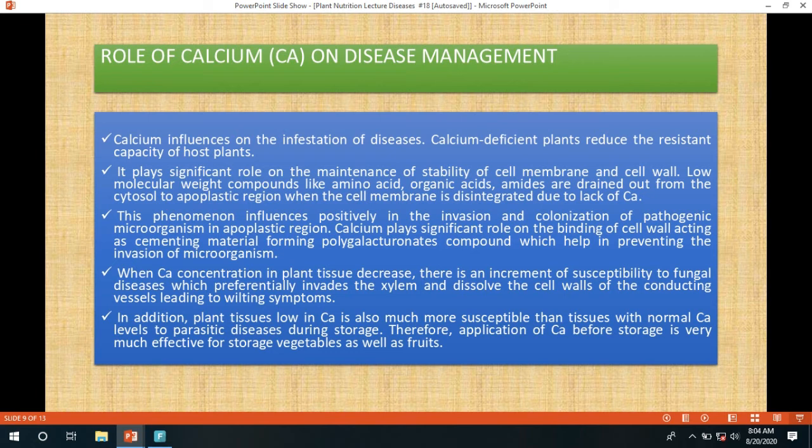আমরা জানি ক্যালসিয়ামের অভাবের ফলে সেল মেমব্রেন ডিসইন্টিগ্রেট হয়, অনেক সময় যে এই ম্যাক্রোমোলিকুল গুলো যেগুলি অ্যামাইনো অ্যাসিড অ্যামাইডস এগুলি ড্রেন আউট হয়ে যায়। This phenomena influences positive in the invasion and colonization of pathogen mechanism. এর ফলে প্যাথোজেনের colonization খুব ইজি হয়ে যায়। When calcium concentration in the plant tissue decrease, there is an increment of susceptibility of fungal disease, which preferentially invade the xylem and dissolve the cell wall of the conducting vessel, leading to wilting symptom. এটা আমরা অনেক সময় দেখি যে এইটা